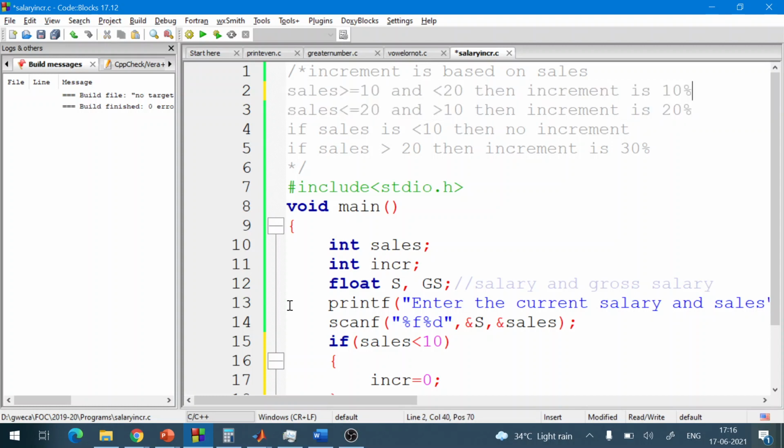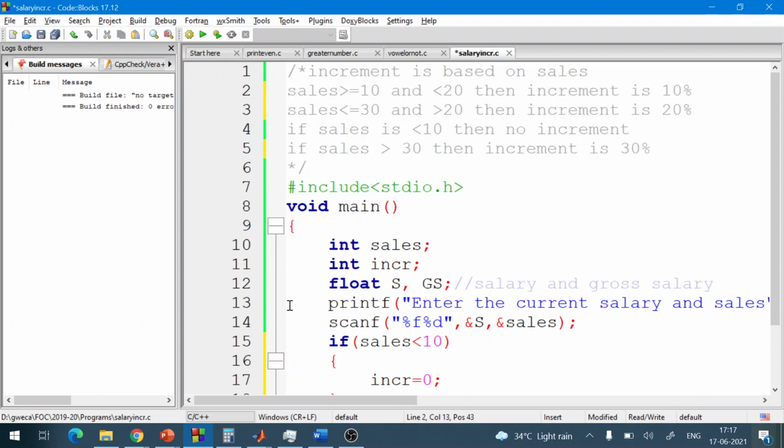Between 10 to 20, then we can take 20 to 30 and then greater than 30.